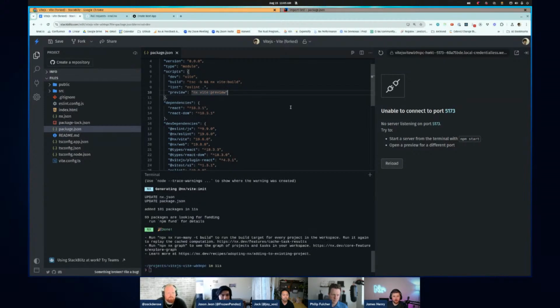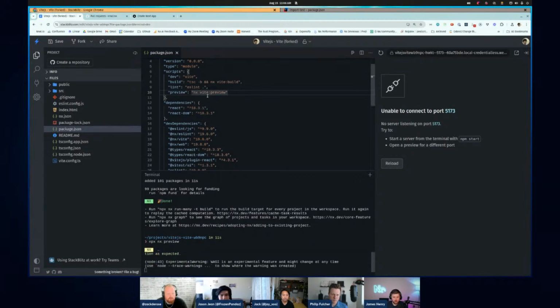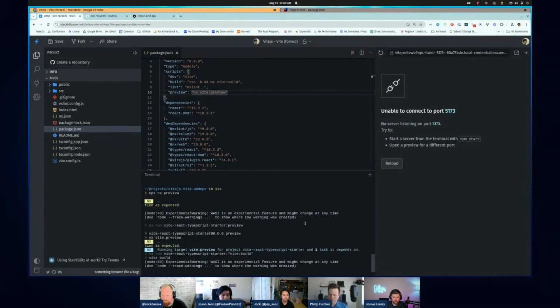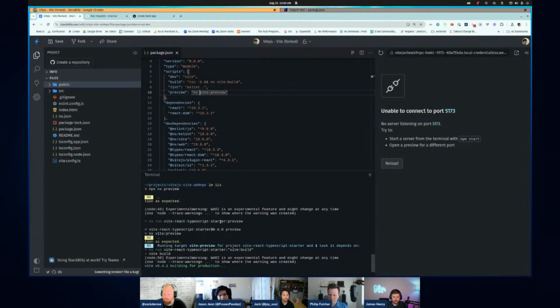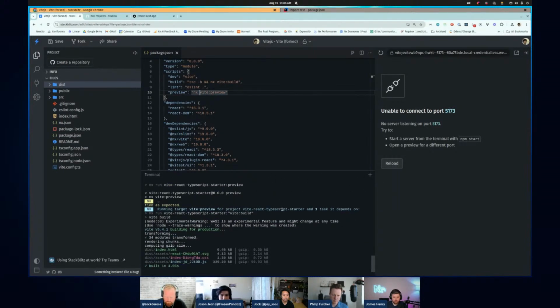So if I run nx preview, it'll run the NX task for preview. And when it's done, it will show up here on the right.